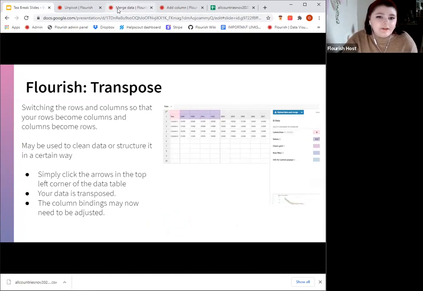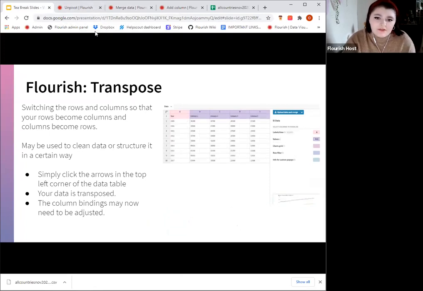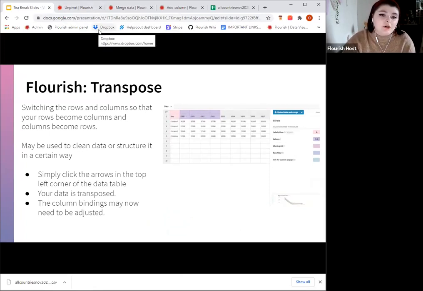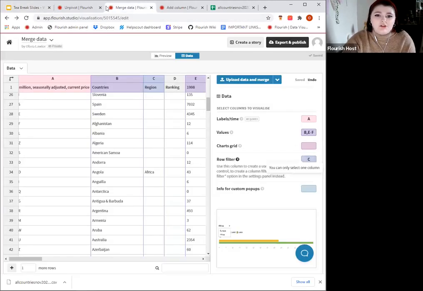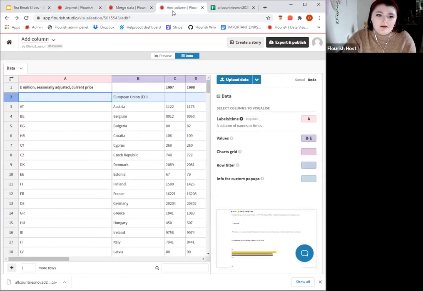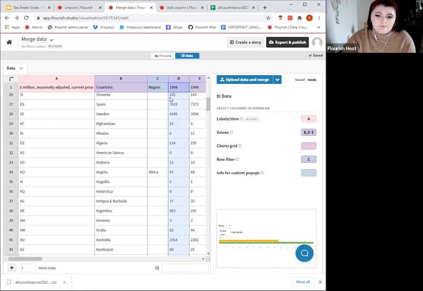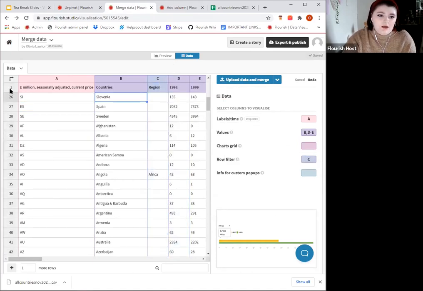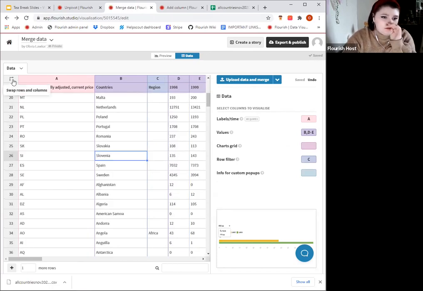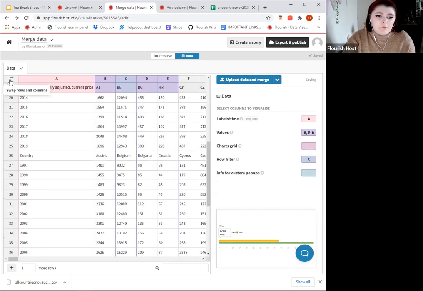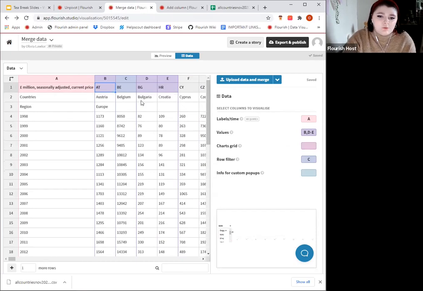And another really useful tip, if you want to show your data in a different way, if you feel that the data isn't showing what you want it to show or convey, you can easily switch the columns and rows. So to do this, I will use this merged one. I'm just going to delete that. I'll leave the region one. You will press these 2 little arrows up here in the top left of your data table, and you will just click swap rows and columns, and now the countries will be on the top and the years will be on the bottom.